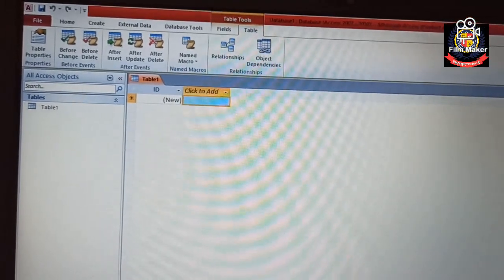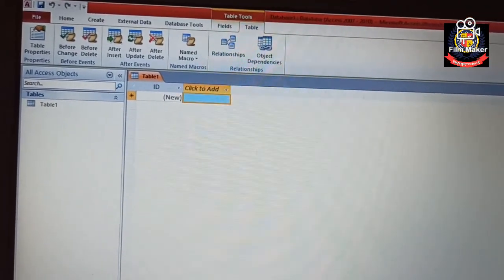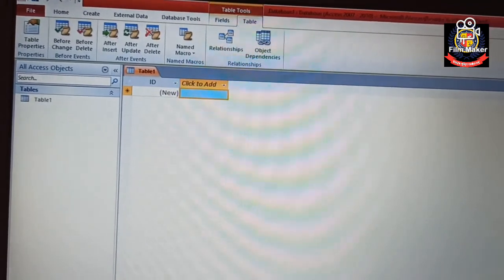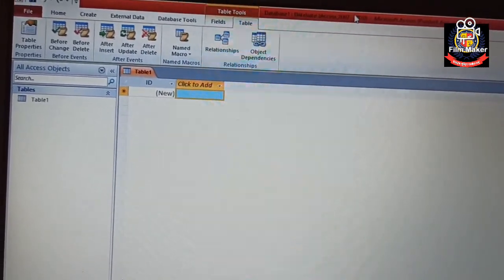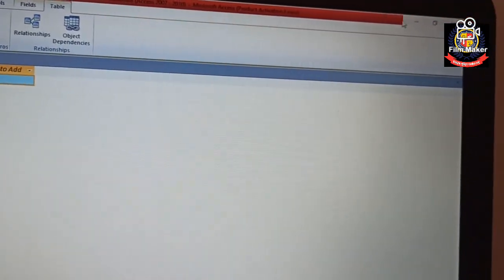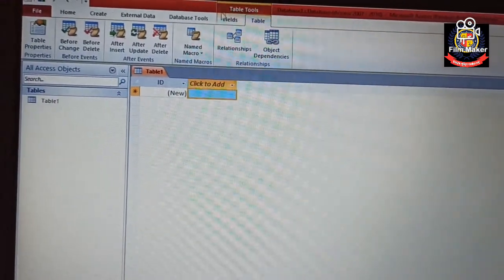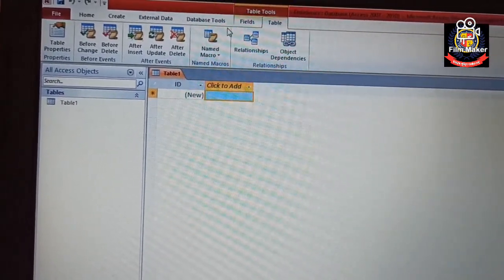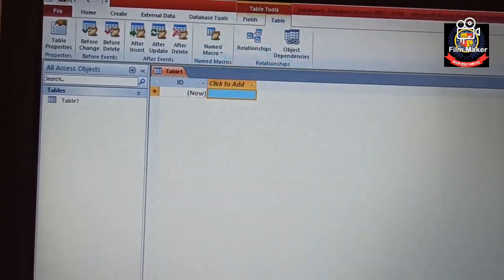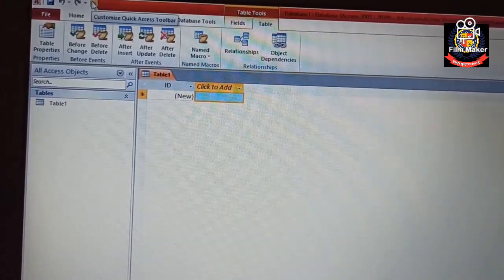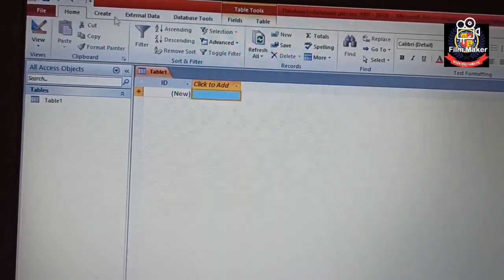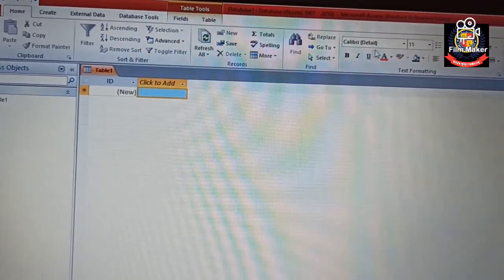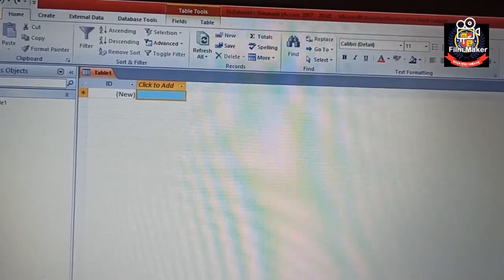So basically these are the components of our database that we have discussed just now. Okay, first is the title bar. The title bar holds the title and shows the Windows control buttons. Then below the title bar there is a menu bar which contains all the tabs. Okay, so here on the left hand side this is the quick access toolbar. Okay, so whichever tab you click, that tab's related options appear on the next bar. That bar is the ribbon.